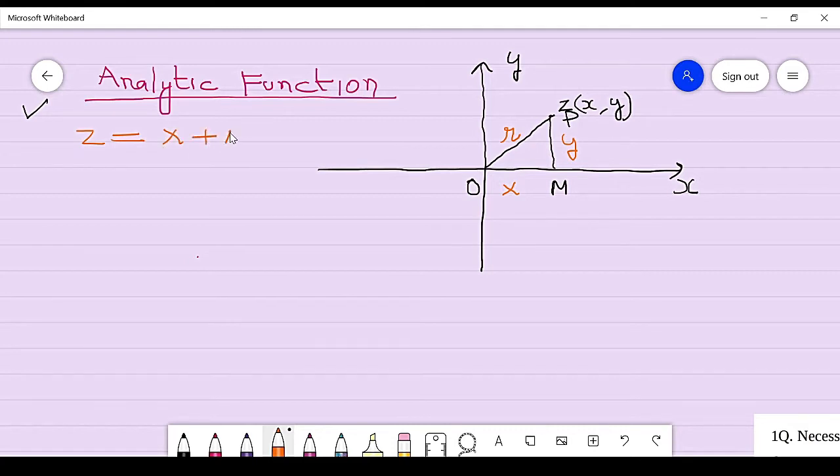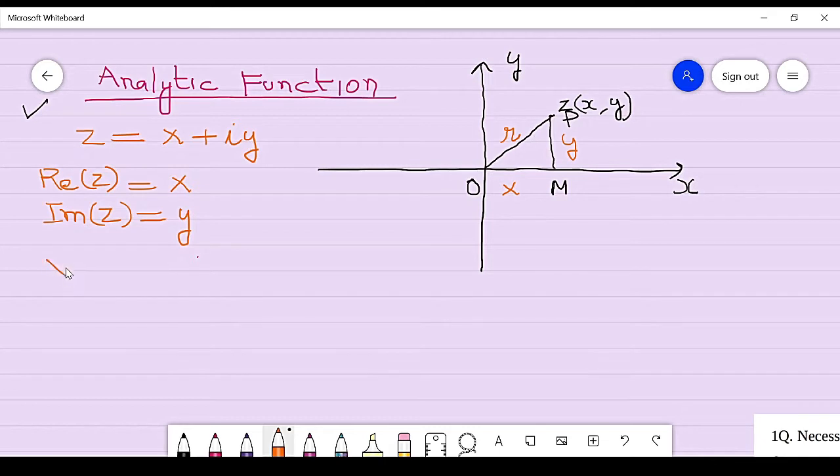A complex number can be written as x plus iota y, which we already did in the previous classes. Here x is the real part of z and y is the imaginary part of z. This is the simple form of a complex number. This complex number can also be written in terms of r and theta, in the form of cis theta, and in the form of e raised to the power iota theta.